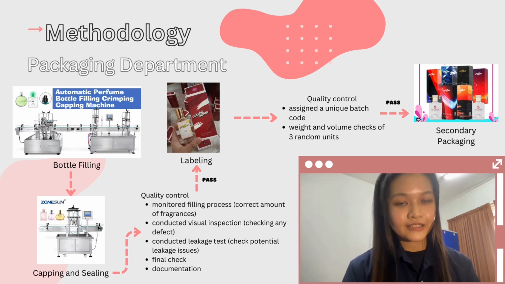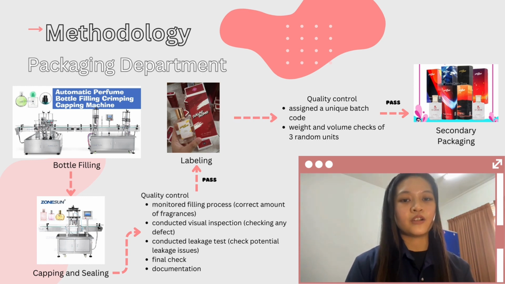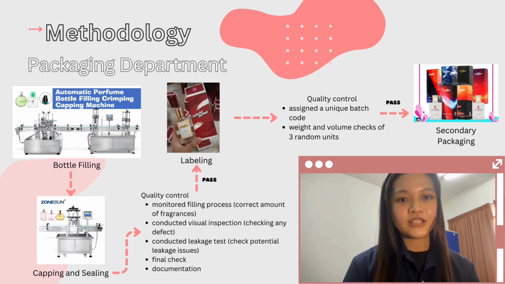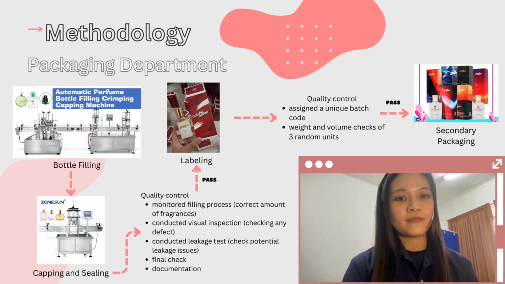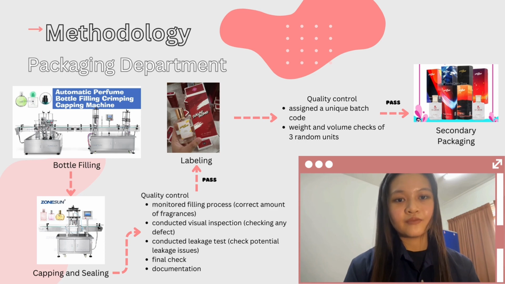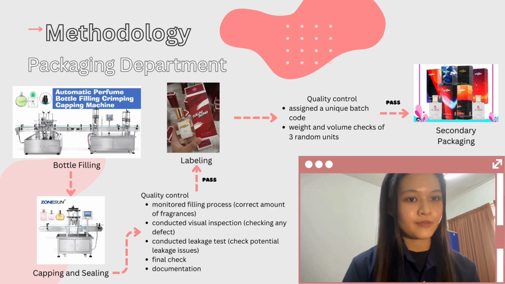A leakage test is conducted to check for potential leakage issues, and a final check is performed to confirm the fragrance matches its intended profile. Lastly, documentation is maintained for each batch, including the results of quality control tests for compliance and improvement purposes. If it passes the process, it goes to the next process, and if it fails, it terminates